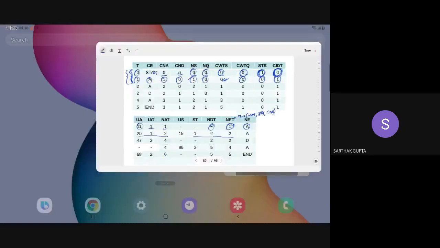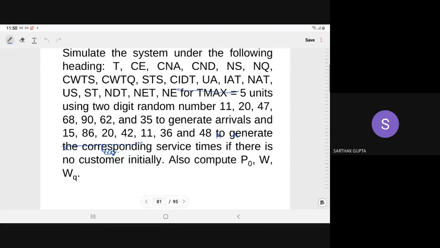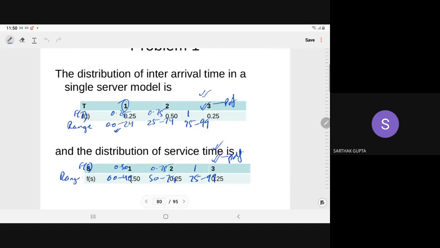So the next random number after 11 is 20, and the first random number for the departure is 15. 20 also lies in this interval, so the interarrival time is 1, and 15 lies in this interval. So here also the service time is what? Service time is,